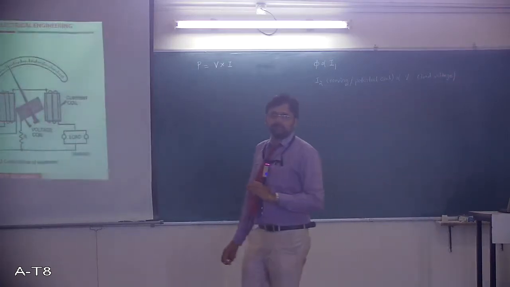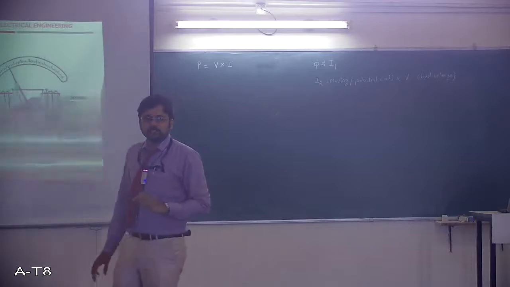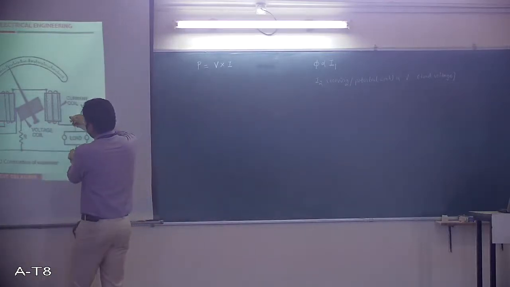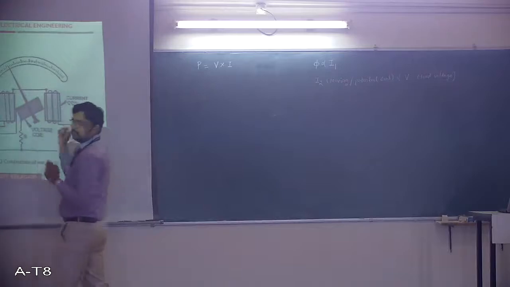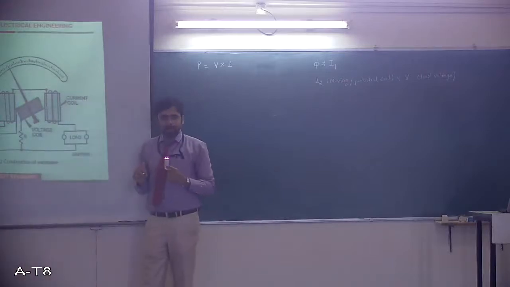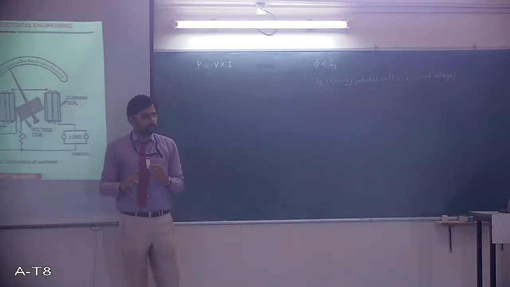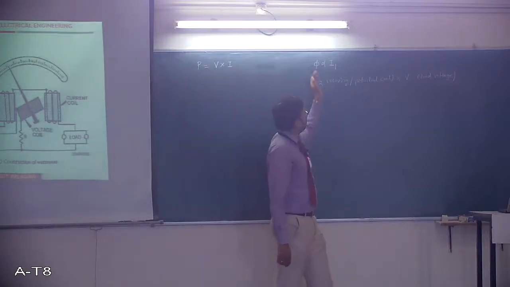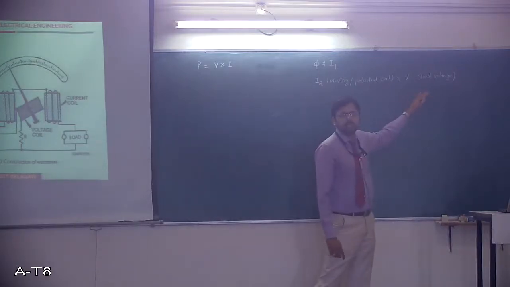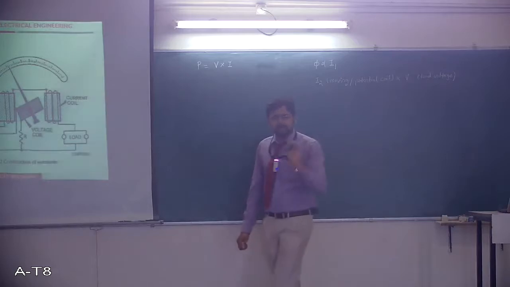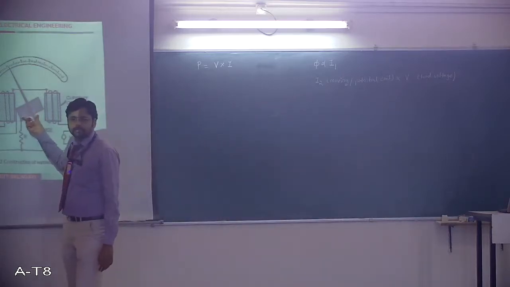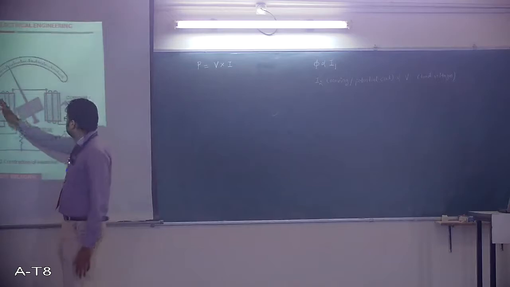Assuming the resistance of the instrument is very, very small, whatever is the voltage across the load, same will be the voltage across the supply. Are you understanding what I am talking about? So look at this current which is flowing through the moving coil is proportional to the voltage. Now what has happened? Is it not the case of current carrying conductor placed in the magnetic field? Yes, it is. Already there is a magnetic field.